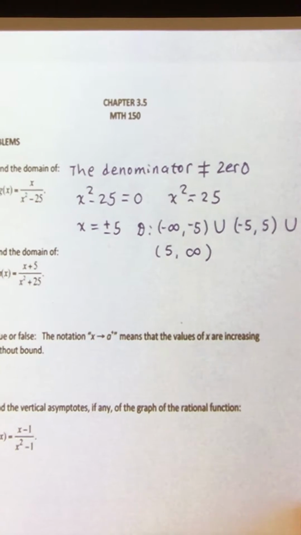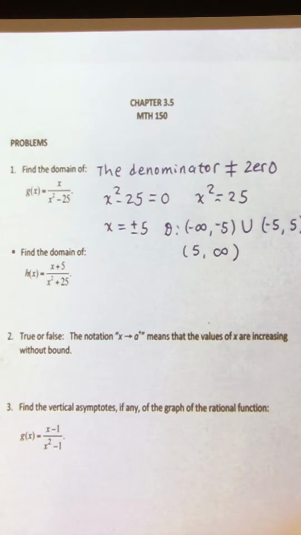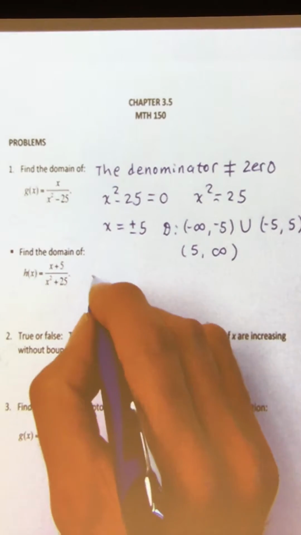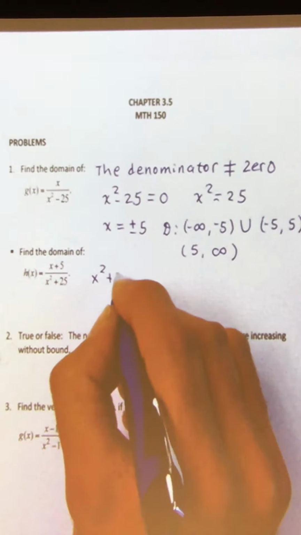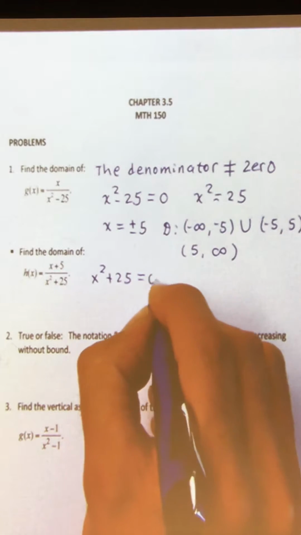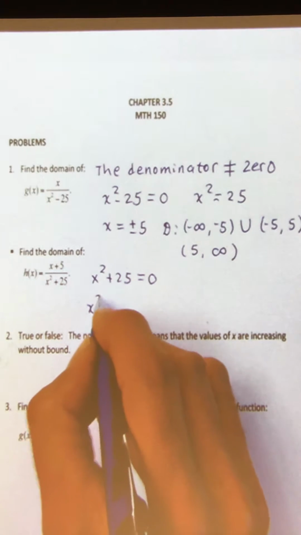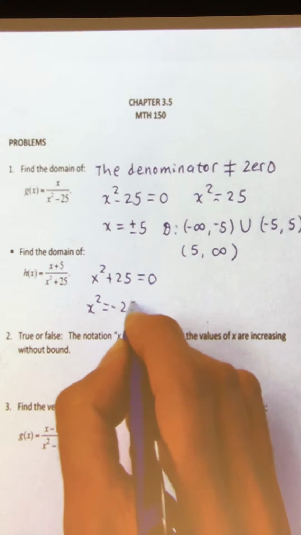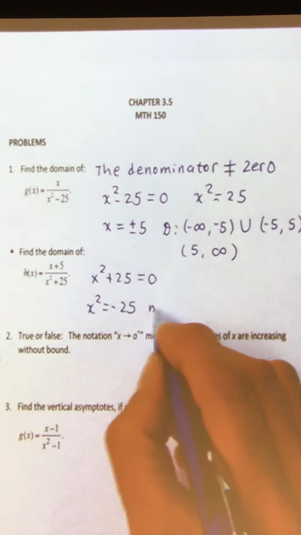Problem 2. Find the domain of the rational function h of x. Taking the same approach as above, we take the denominator and set it equal to 0, and immediately realize that x squared would have to be equal to negative 25. And that is not possible,